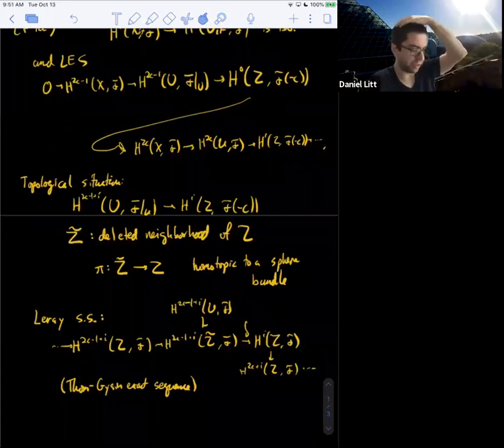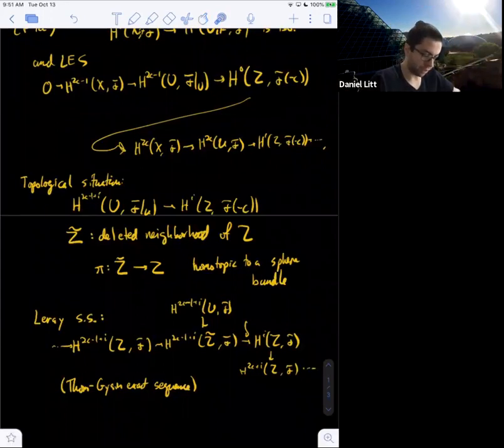Okay, so this is what you're supposed to think. Another way of describing this map, which I call delta, is if you think about things in terms of de Rham cohomology, maybe this is the easiest description, then this thing is 2c minus 1 plus i forms. And what's this map down? How do you go from 2c minus 1 plus i forms on a sphere bundle over something to i forms on the base? You integrate the forms along the fibers. So that's what this map is. It's integration along fibers, morally. All right. Are there any questions about that?